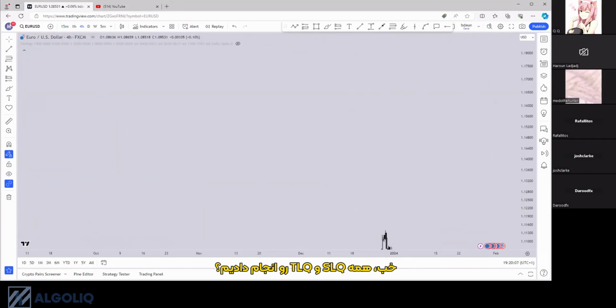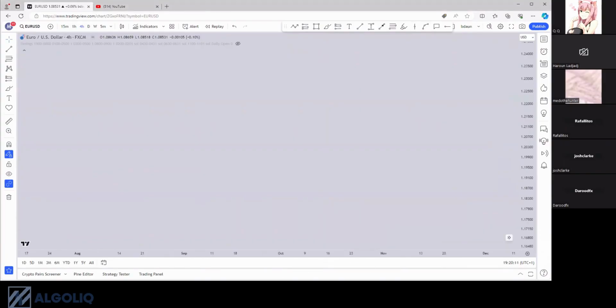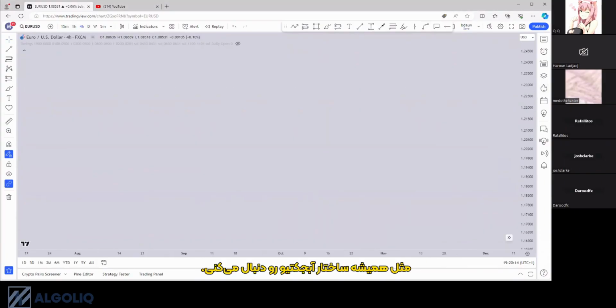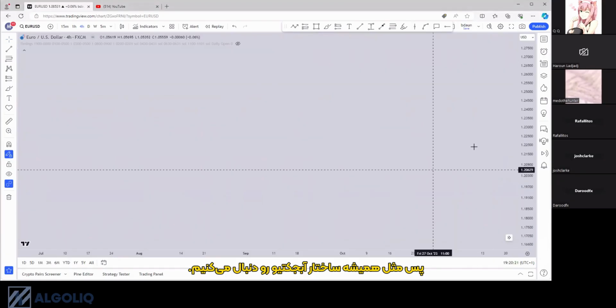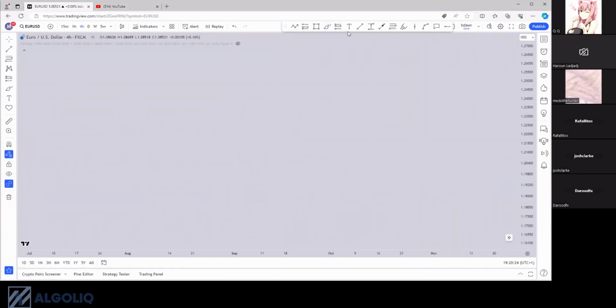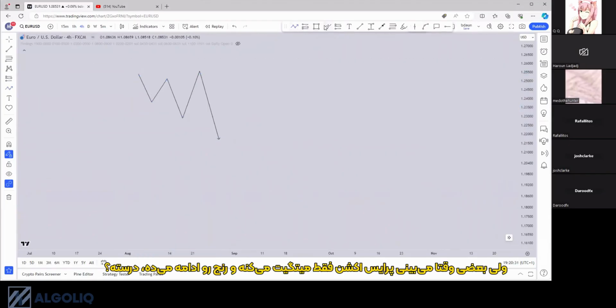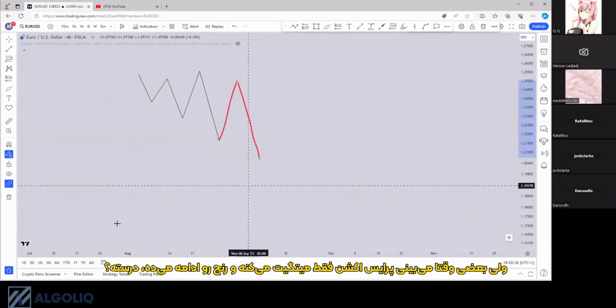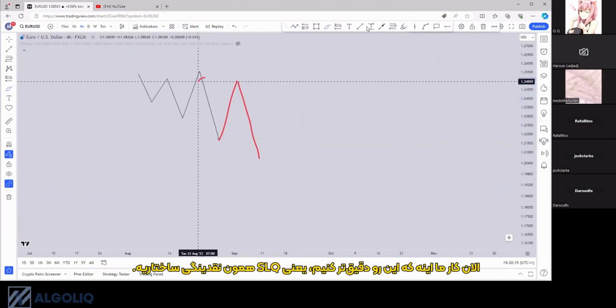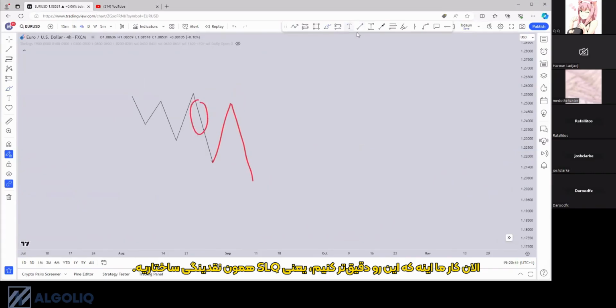So did we do SLQ and TLQ, everyone? No. Okay. Today we'll do SLQ. You follow objective structure as always. So far we know that this is ILQ. But sometimes you see price action just mitigates and continues the range, right? And now it's our job to refine this. So SLQ